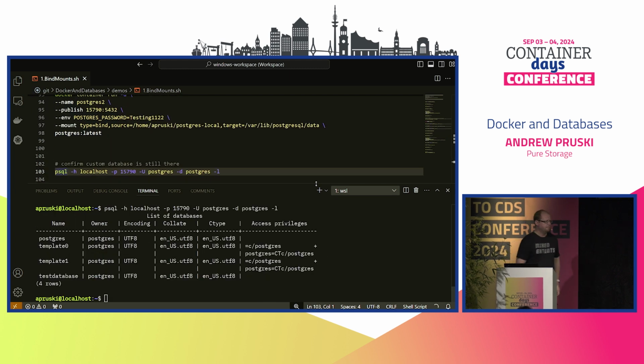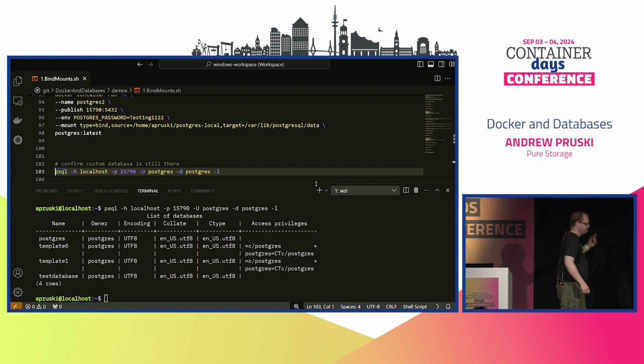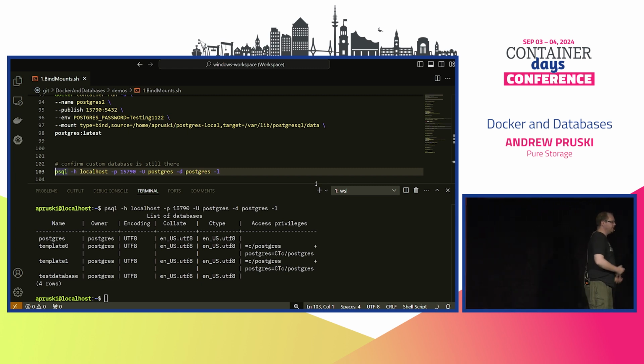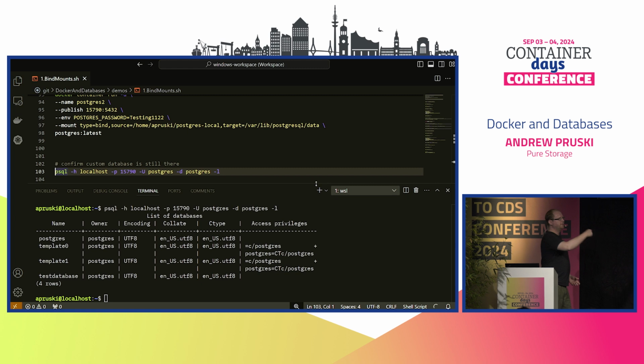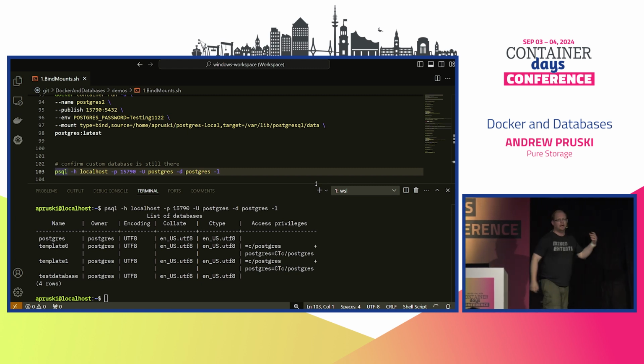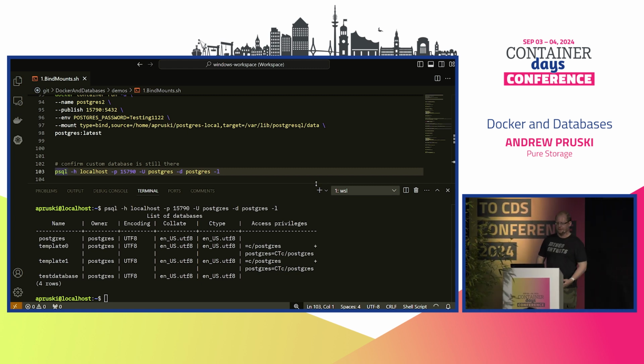And there we go. Boom. Test database is there. So nice and simple, by referencing a location on our host, we can create a database, blow away our container, and when we're ready to come back, spin up a new one, reference the same place, our data has been persisted. However,